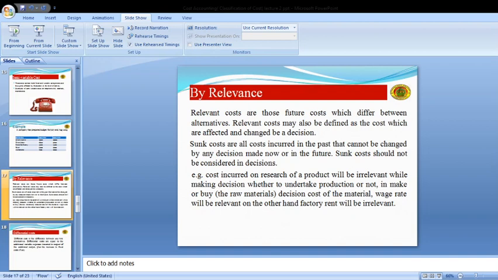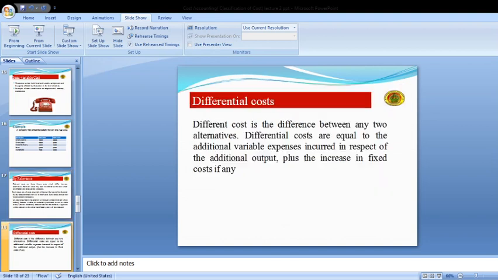There is another variant of this cost that is known as differential cost. So, if you have two alternatives and if you are going to incur any extra expenses by that alternative, then it is called a differential cost. So, if you take route A the cost is 100 rupees. If you go by route B the cost is 120 rupees. So, the difference between the two alternatives is 20 rupees. That is a differential cost. This is also useful in decision making.